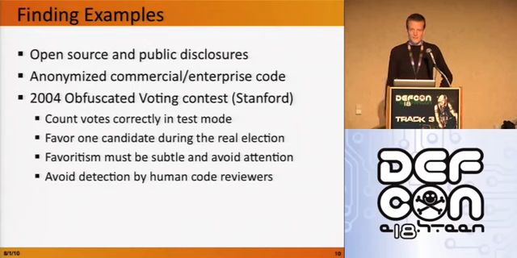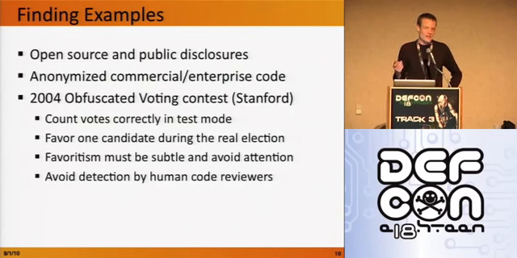So where do you find examples of this stuff? If you want to find the newest way to write a SQL injection vulnerability or the latest and greatest JSP tag cross-site scripting example, there's plenty of open source out there. You can find examples of these vulnerabilities very readily. If you can't find it there, then you can go talk to companies and you can say, okay, you've got cross-site scripting. We all know you've got cross-site scripting. Why don't you show us some of it and we can help you detect it and avoid it in the future. People don't want to talk about insider threats. If you've been bitten by an insider, then it means you had some employee that you hired and paid a paycheck to every month and they tried to bring your company down or they tried to steal from you.